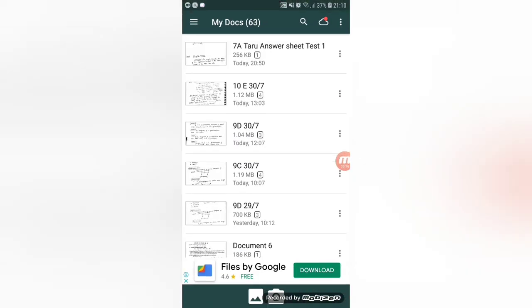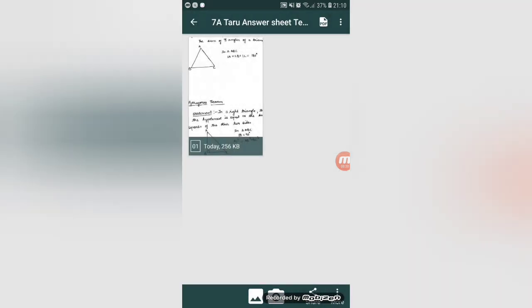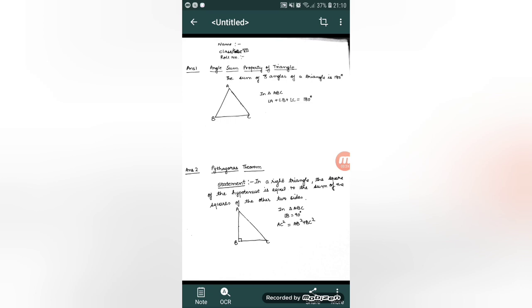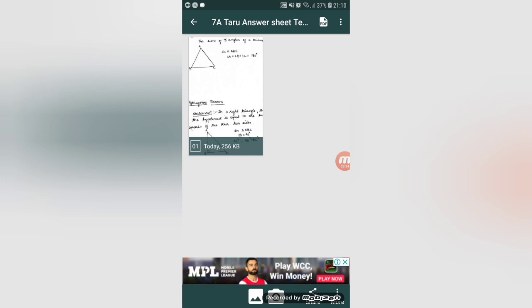After writing my answers, I clicked my answer sheet and converted it into PDF using this scanner. Once my answer sheet was ready, I renamed the document as 7th A Taru Answer Sheet Test 1, so that it becomes clear for the teacher.